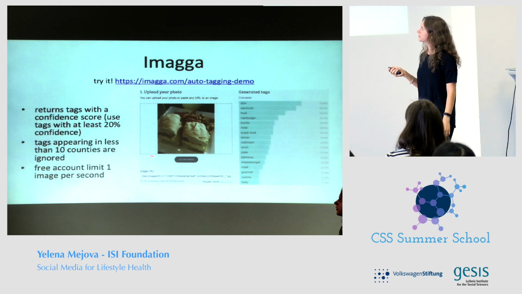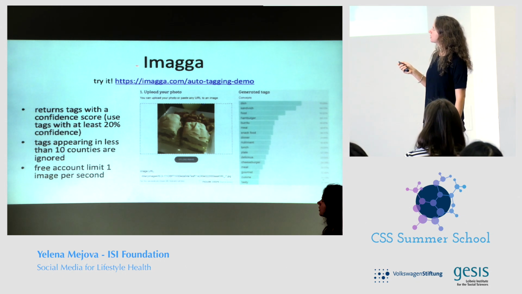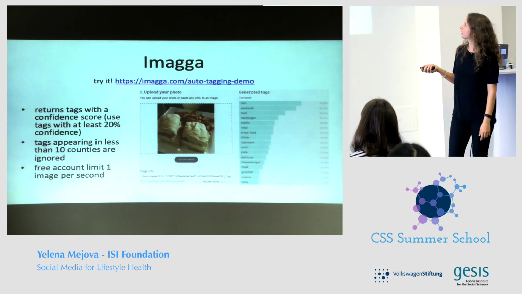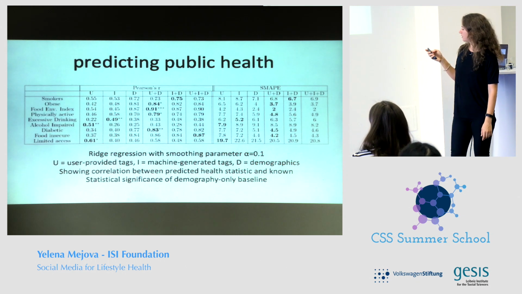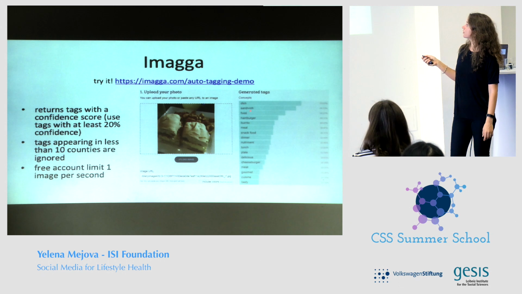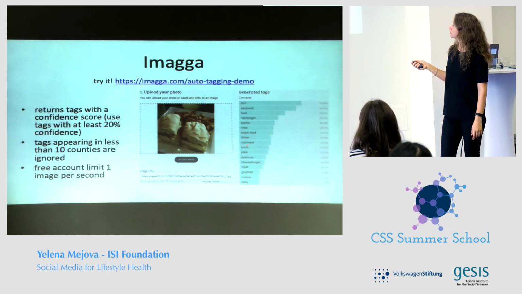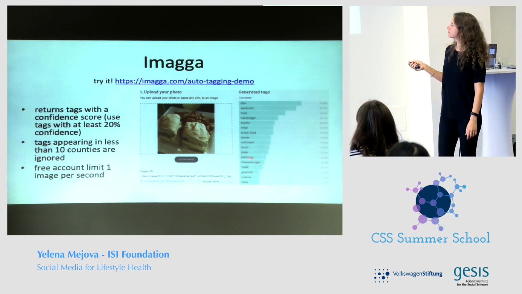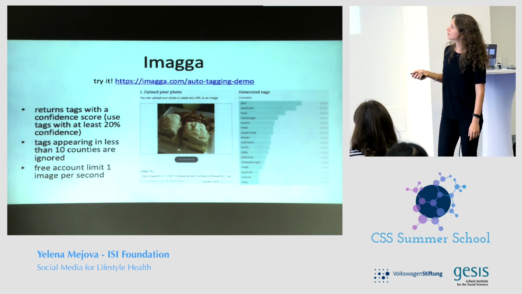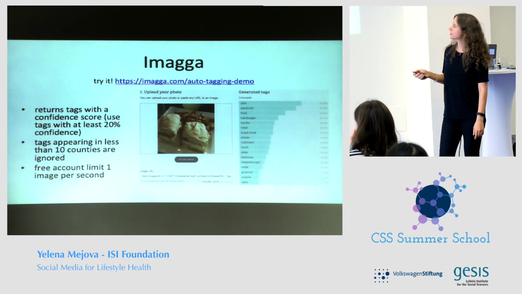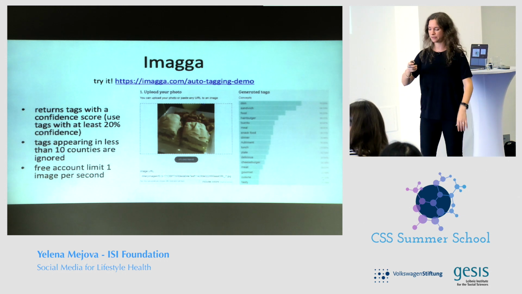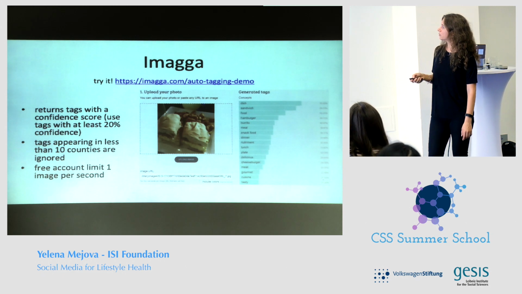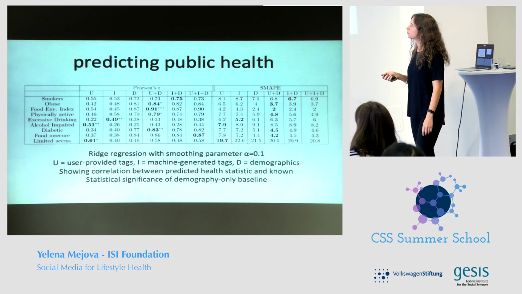And one of these services that you can use for annotating your data, here, for example, tells us that there are tags like dish, sandwich, and hamburger, and other things. They can be pretty good, and we'll see that they're not super great, but you can get some good tags there. And in this work, they basically take tags at a certain confidence that it provides, and annotate their data with these tags, and then basically